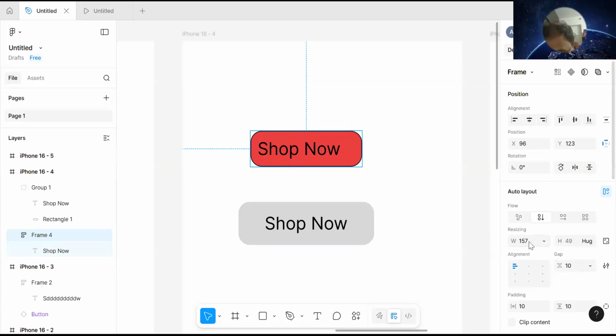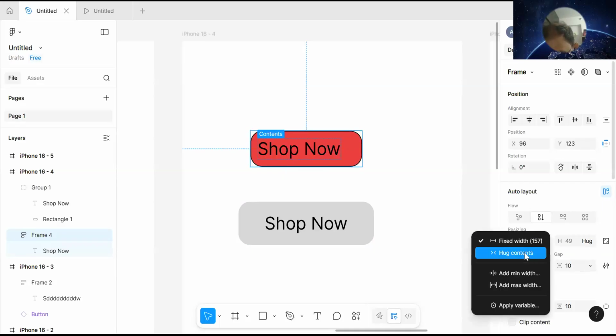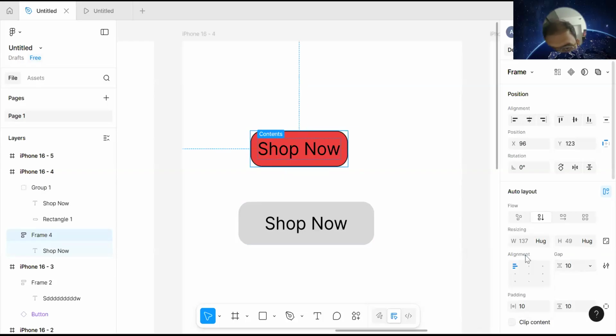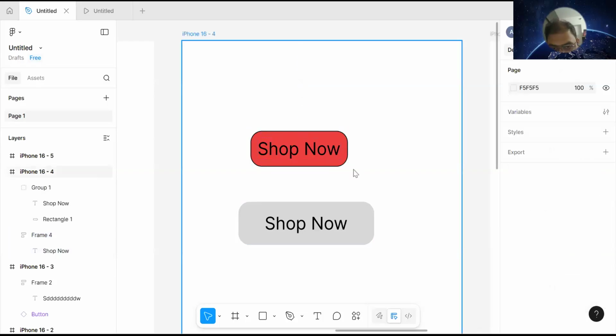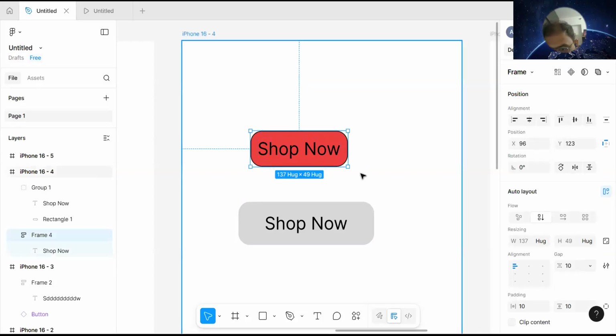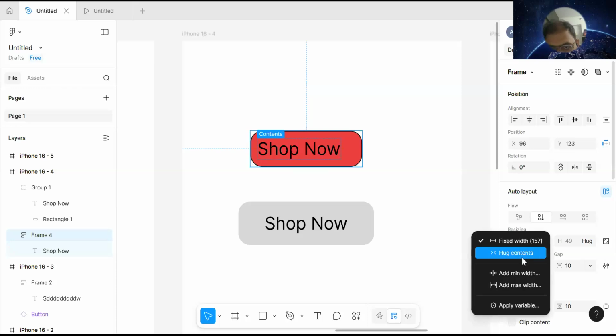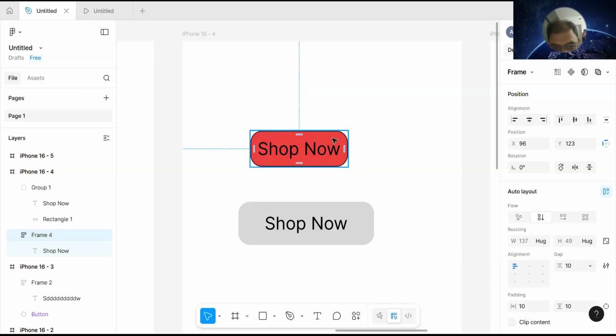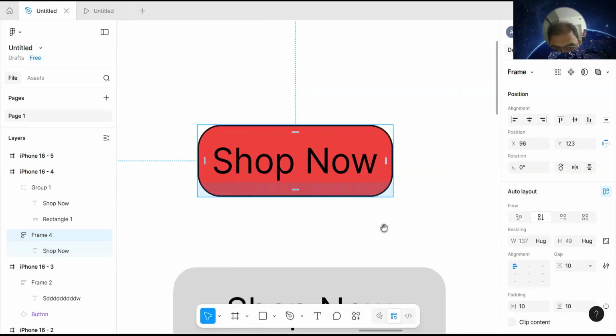Now in the width you see there is no hug, it is 157. Click here, you see hug content. The moment I do it, it came to hug content, you see. Okay, you can see this. Now if you come here, you see